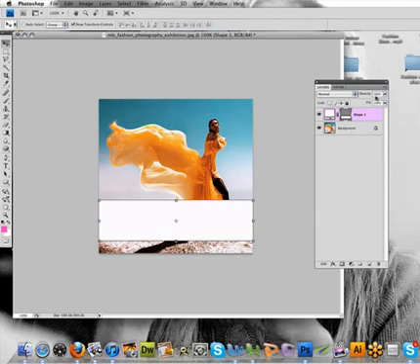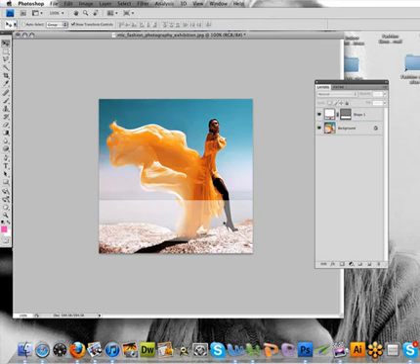Then on the right hand side it says opacity. So we can bring this all the way down and make it more transparent, just ever so slightly maybe. So see what I've done now, I've just added a white box and made it semi-transparent. So then when we write on it, it's going to make the writing sort of pop out a little bit more. So to write, you go to the T,